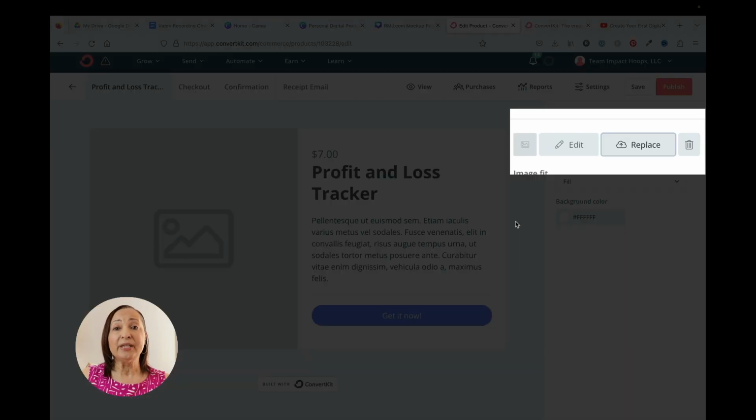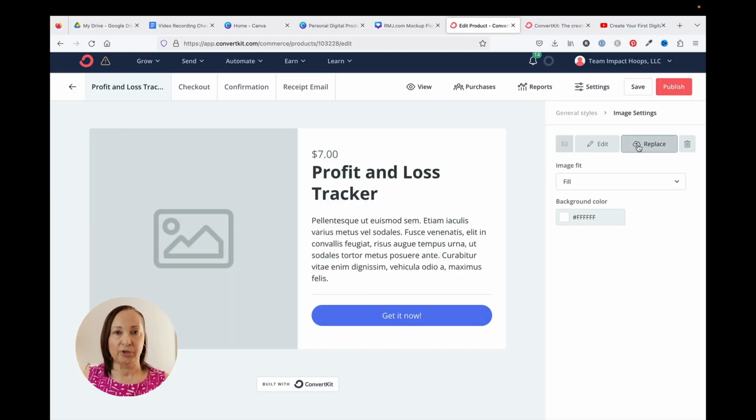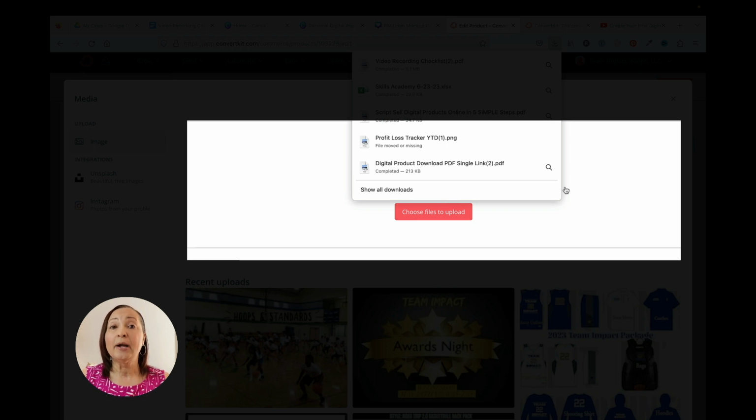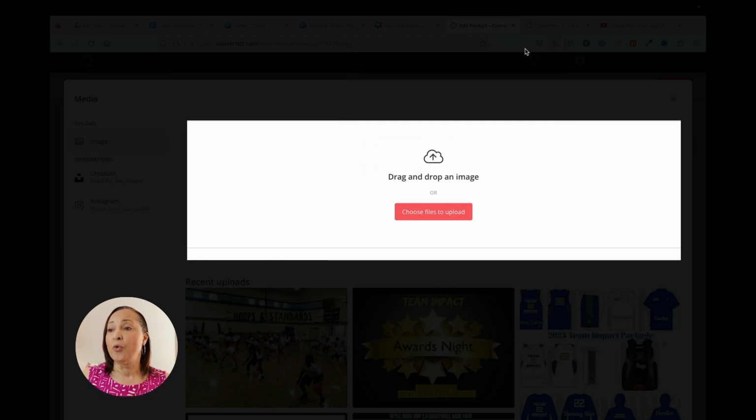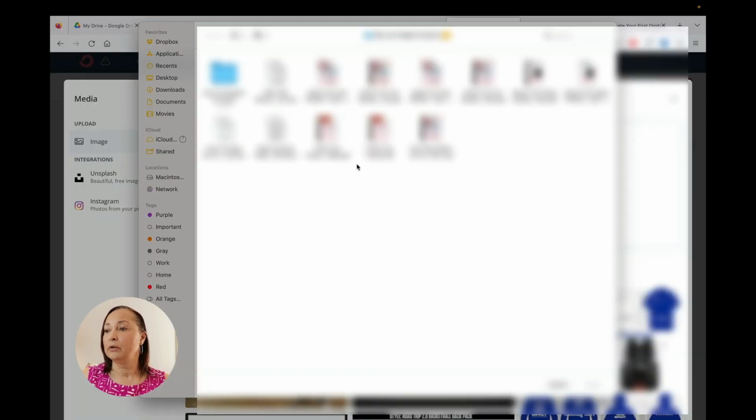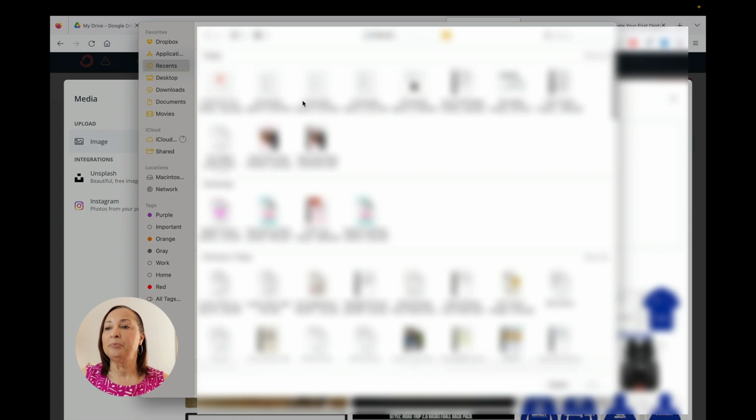Now, what we have to do is fill in the remainder of the information, which is going to include that mock-up picture that we created and a description of our digital product. So on this page, what you'll do is click on Replace, and then choose the file that you're going to upload. Wherever you save that mock-up picture, we're going to need that now, because we're going to either drag and drop it, or you can find the file on your computer and just select it that way. So I'm going to choose Files to Upload, and then go over, select it, and let it pull that in.